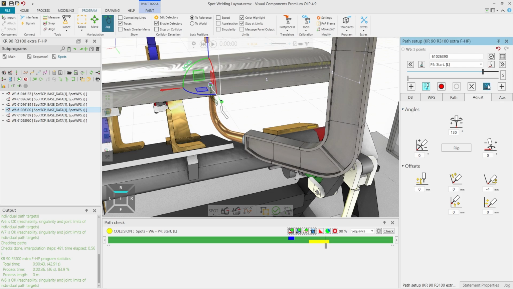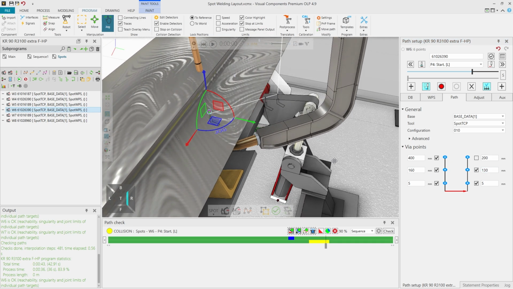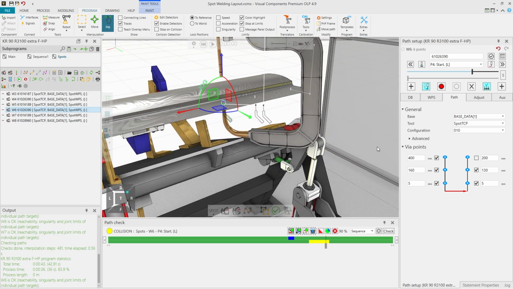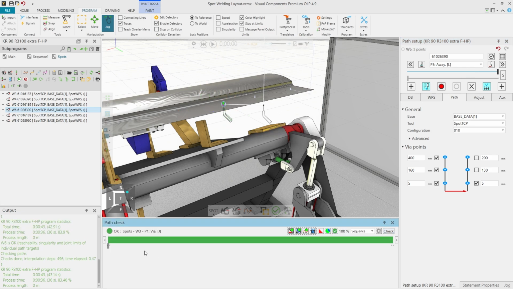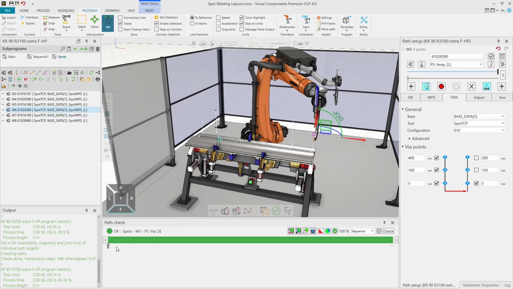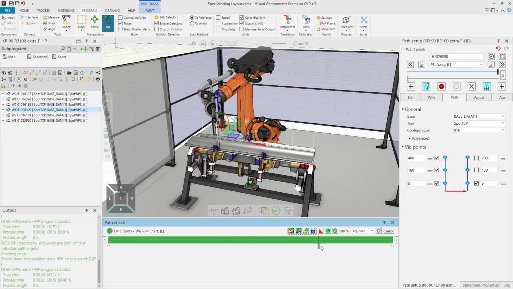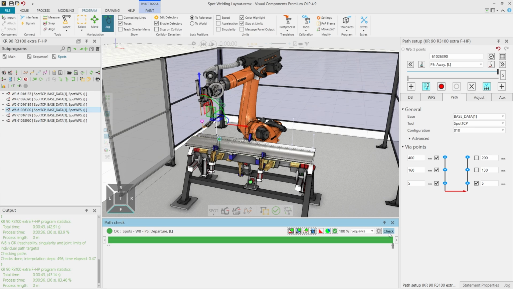And then we can control with full modification how we approach and depart that position, and how far we are going to create the approach and departure motions. So in this case, we're only going to need the approach motion. So let's check again. So we are 100%. So this minor change was necessary so that we can get a program that is then rid of collision. So we are 100% and able to translate this to the real robot.